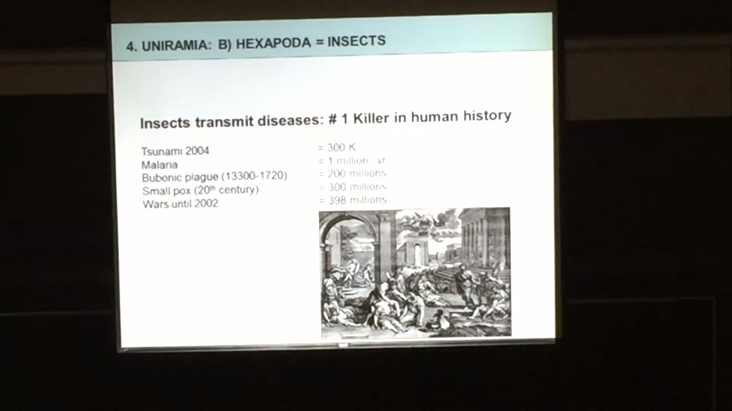And just to give you an example, the tsunami in 2004 killed 30,000 people. The wars until 2002 killed 398 million people. But malaria, bubonic plague, they killed 1 million and 200 million people, and smallpox. It's just another example. But bubonic plague is a bacteria carried by